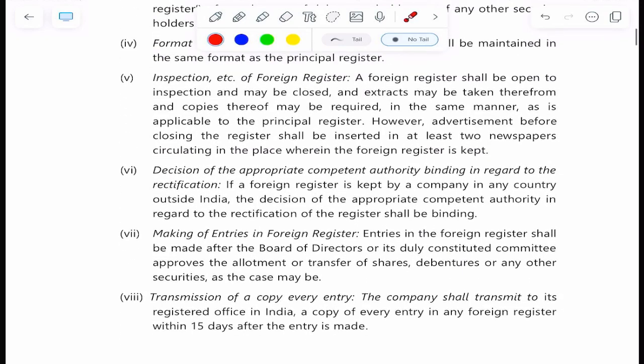Inspection, etc. of foreign register. A foreign register shall be open to inspection and may be closed, and extracts may be taken therefrom, and copies thereof may be required in the same manner as is applicable to the principal register. However, advertisement before closing the register shall be inserted in at least 2 newspapers circulating in the place wherein the